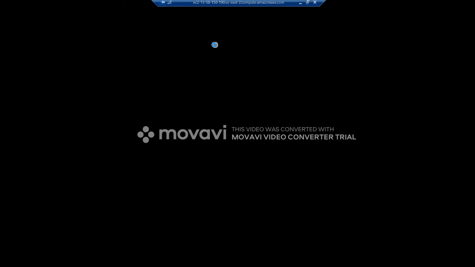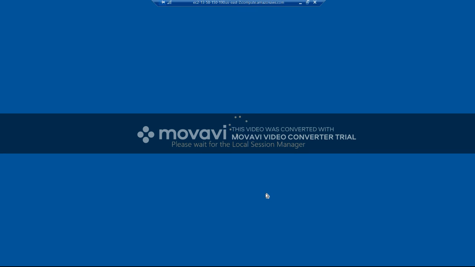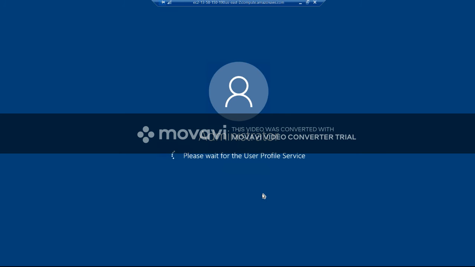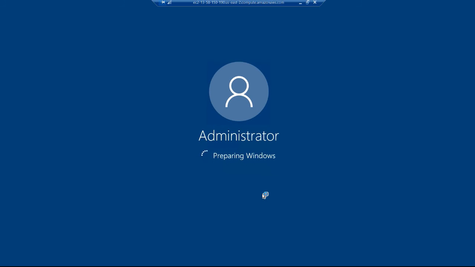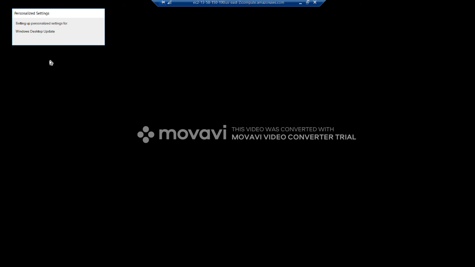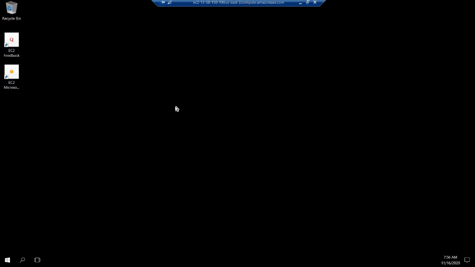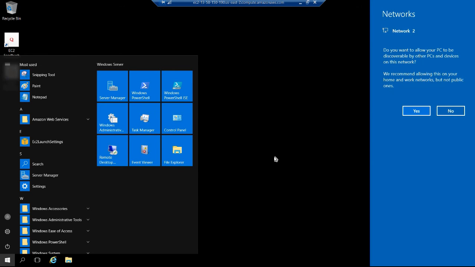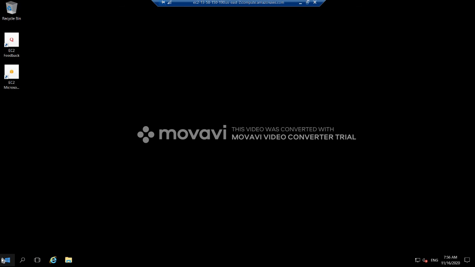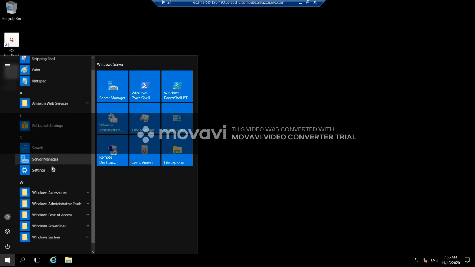Now it's loading. Yeah, so the Windows virtual machine has been loaded. Here you can see that due to internet connection it's taking time to load. So here you can see it has been loaded.